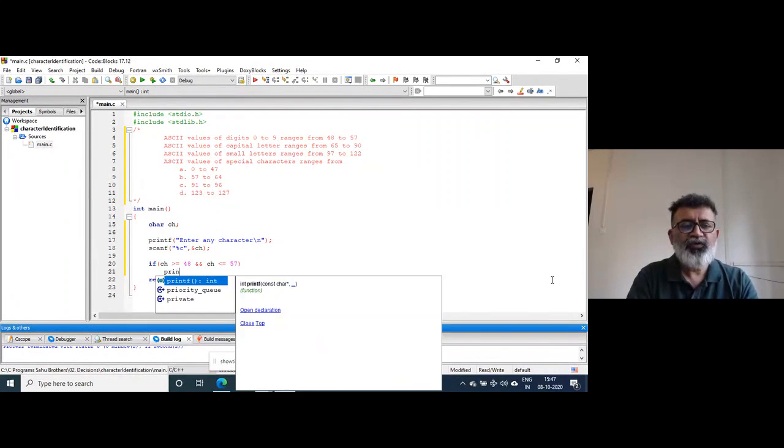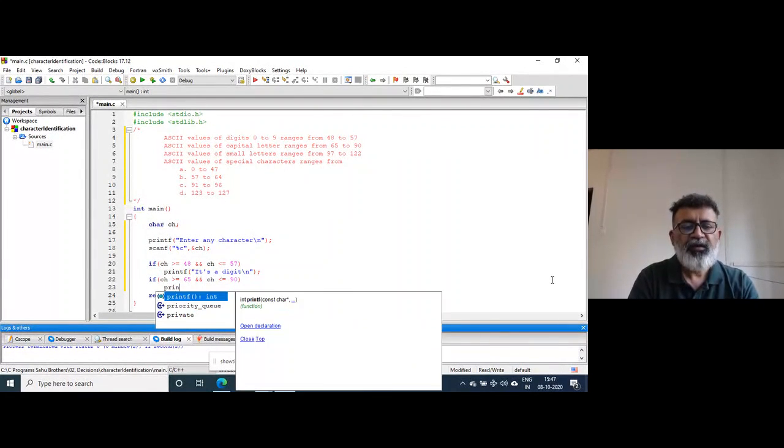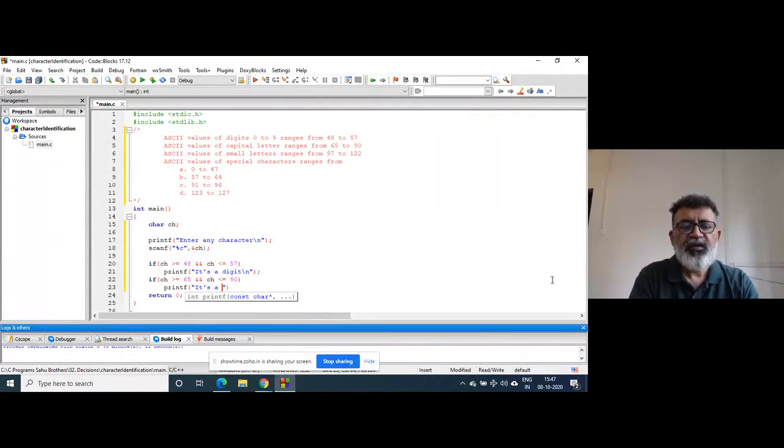If it is so, we can print that the character is a digit. If ch is greater than or equal to 65, double ampersand, ch is less than or equal to 90, then printf, it's a capital letter.